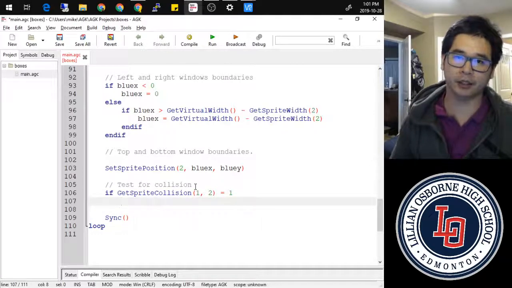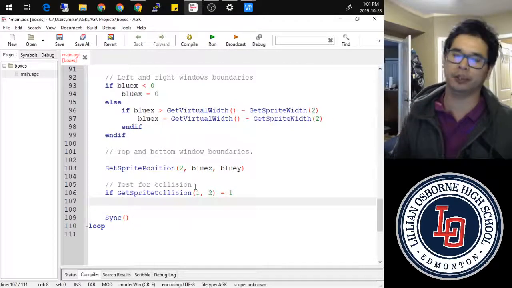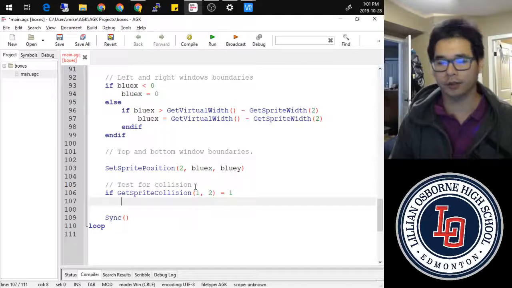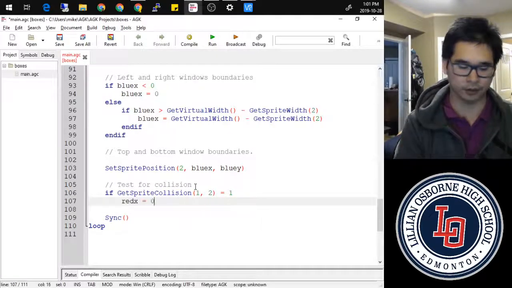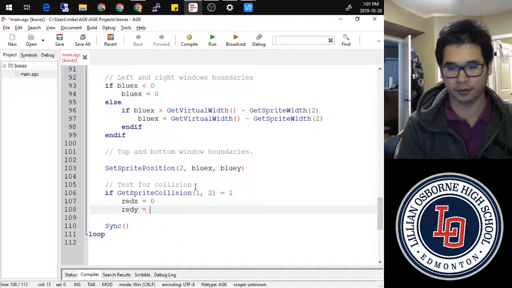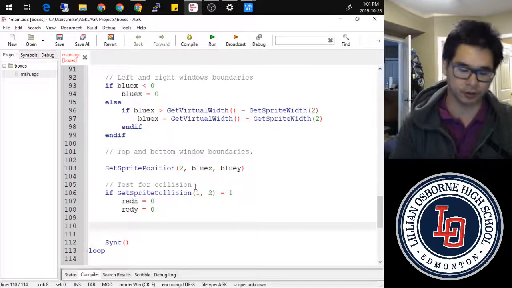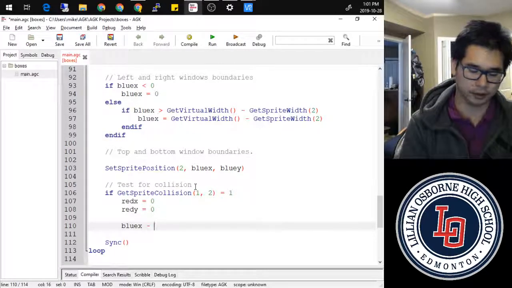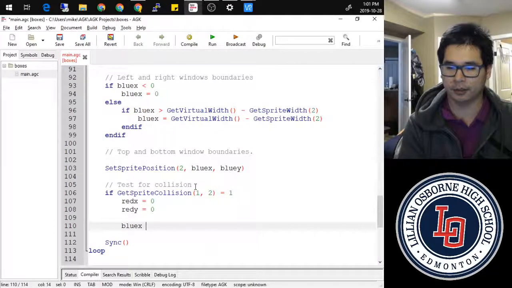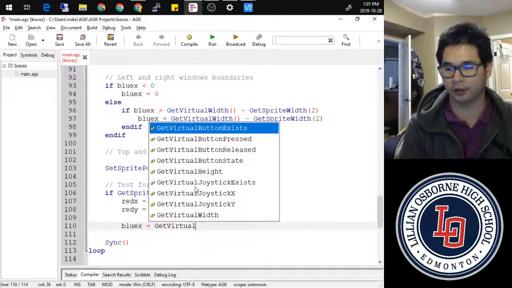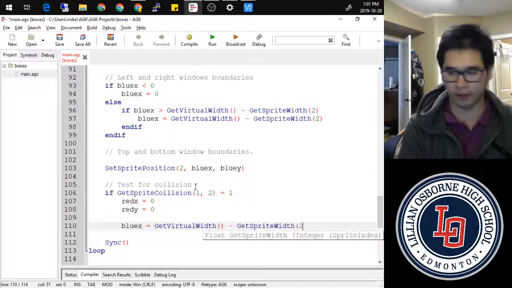Something that we can do just to really drill home what happens is make it move. So for my red x, this will equal 0, my red y, this will equal 0. And then to keep things simple, my blue x is equal to get virtual width minus get sprite width of 2.